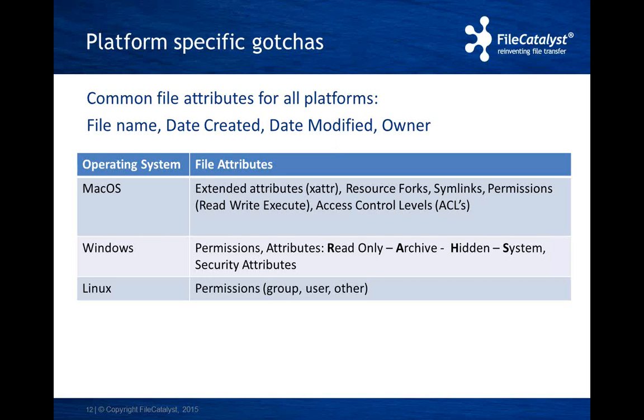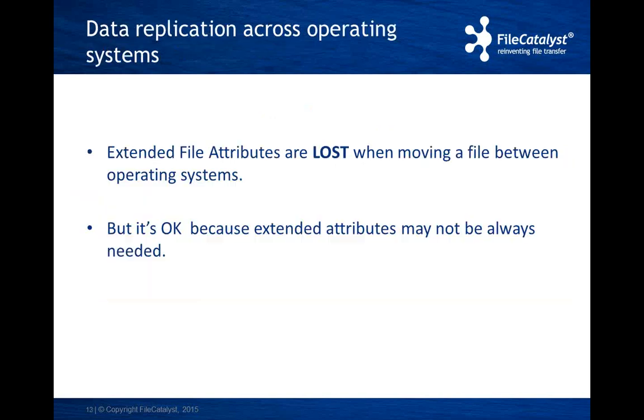When you're doing automation, keep in mind what you are transferring and where. If you're going cross-platform, from Mac OS to Linux, for example, you'll be losing some attributes of the files. Here I outlined all the different attributes for Mac, Windows, and Linux, and what you should expect to lose going from one platform to another. In the end, maybe that's okay. If you're just doing archival and you don't care about these attributes, that might be just fine, but this is something you need to consider when setting up an automation task. Do you need these attributes between platforms?